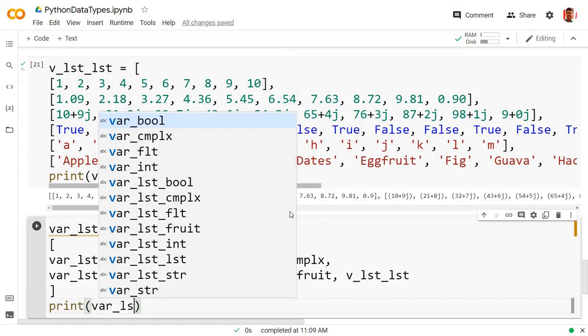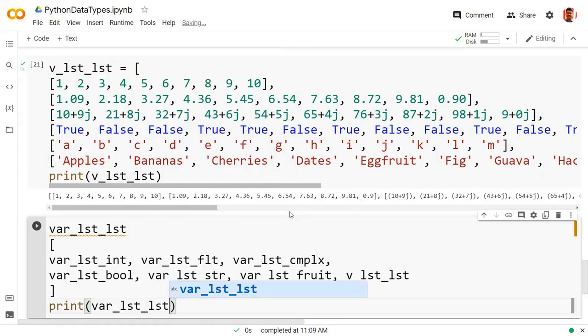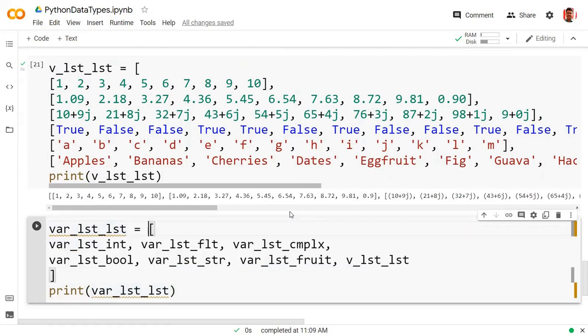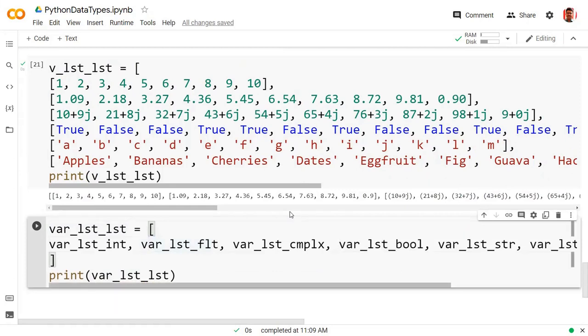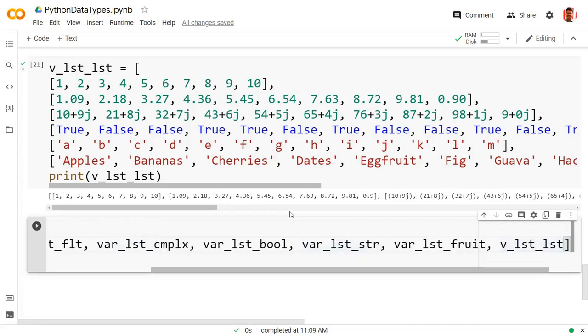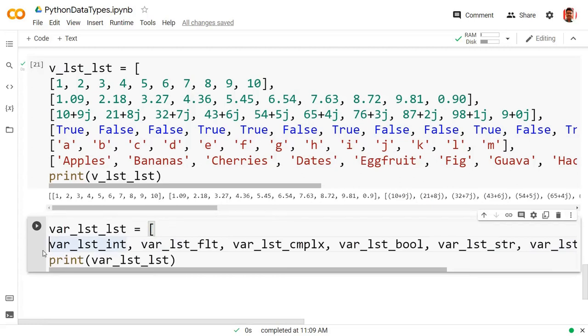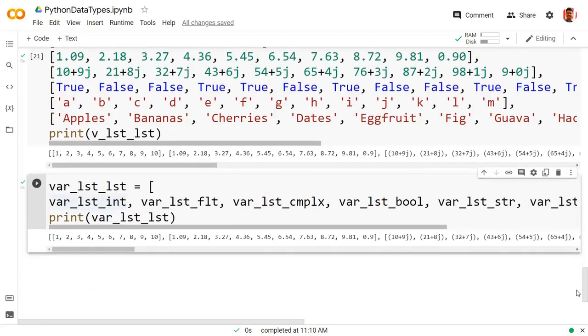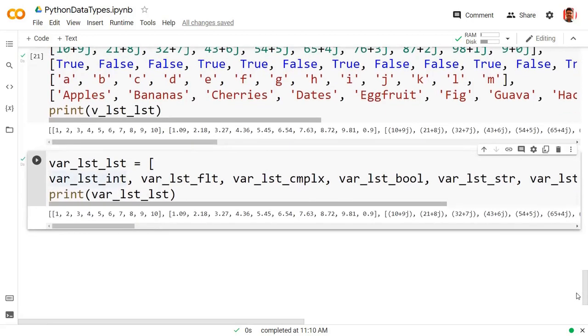So we have these values, and we have a list of lists. Got it? Whatever lists we have created till this point, we can use to create a list of lists.